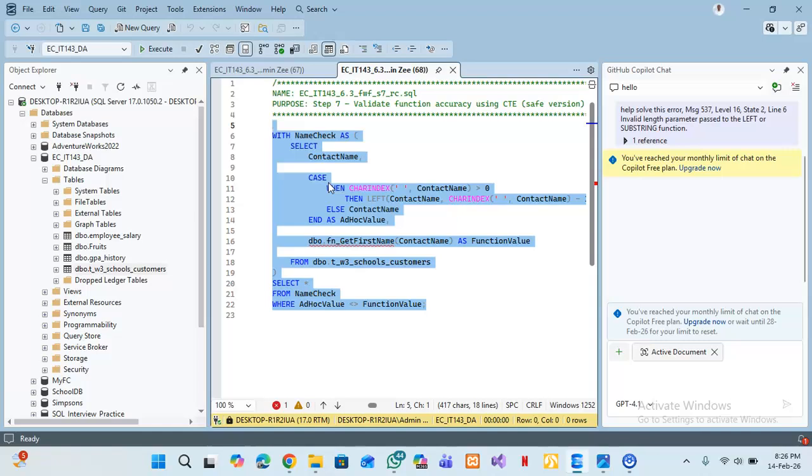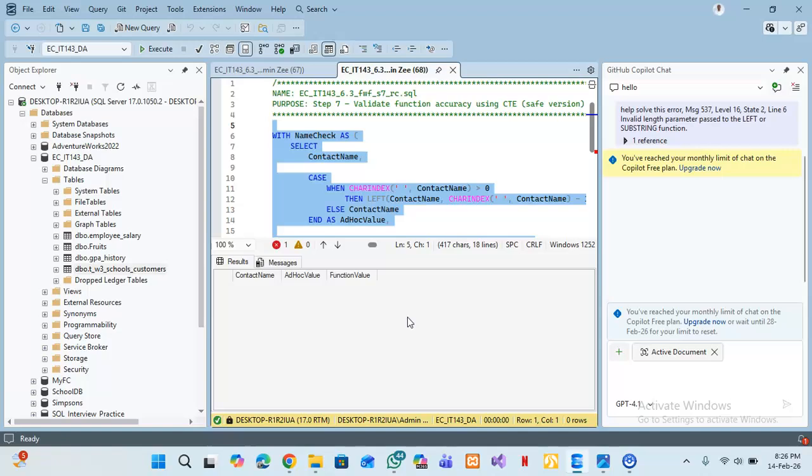I then used a common table expression to compare the two outputs. Since both use identical logic, this query returns 0 rows, which confirms the function works correctly. Okay, there you can see. Then the next step,